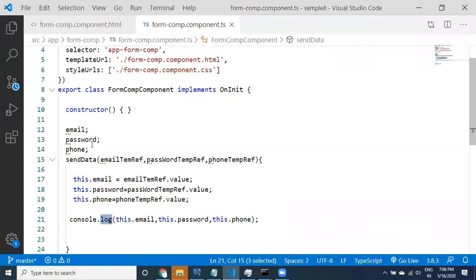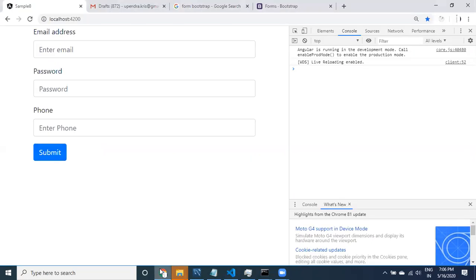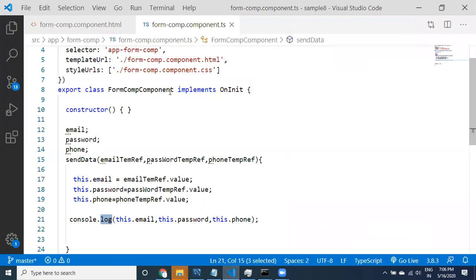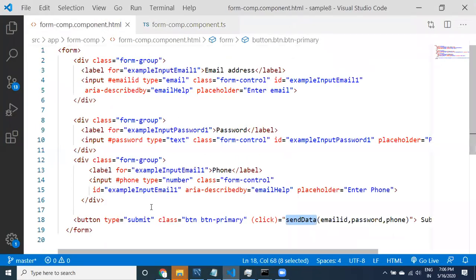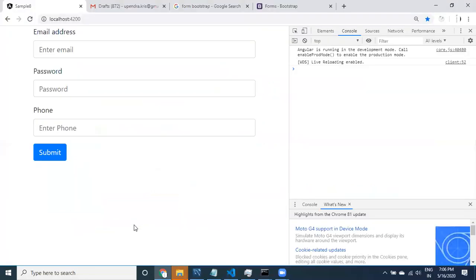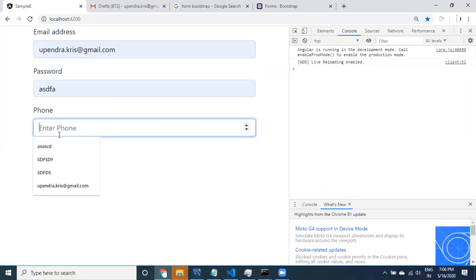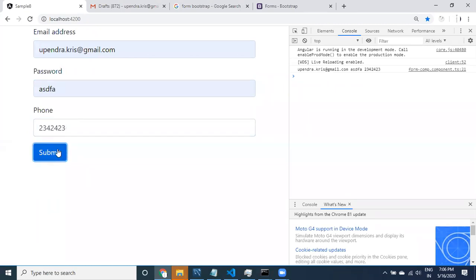Fine, one second, guys. Let us go to the HTML form. This is a type submit, right? Don't take type submit. Let us take just only button, or type button. If I take submit, what happens? It is going to get submitted, meaning the page is going to get refreshed. I don't want that to happen. Okay, just click on this one. See here, guys, the data got printed in the console.